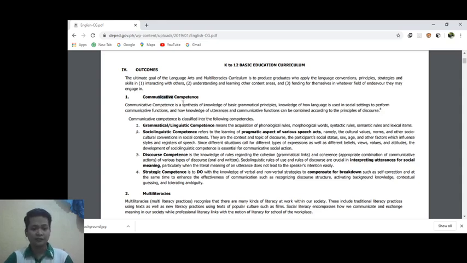Okay, so communicative competence is actually the totality of the different grammar principles, knowledge, and how language is used in social settings to perform communicative functions, and how knowledge of utterances and communicative functions can be combined according to the principles of discourse. So, communicative competence is the totality of it. Your grammar skills, your discourse skills, how you utilize your language in different contexts, different purposes,